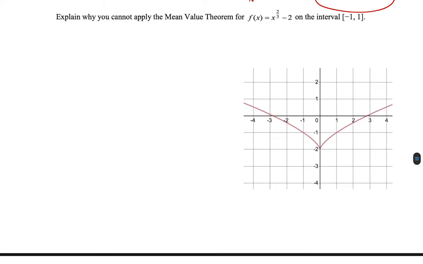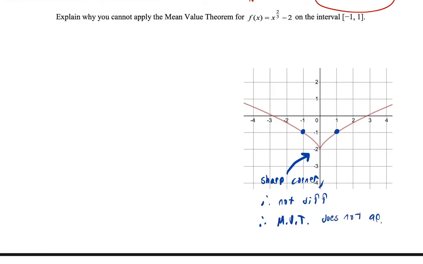Explain why you cannot apply the mean value theorem on f of x equals x to the 2/3 minus 2 on the interval -1 to 1. So if you had this graph, easy. It's got a sharp corner, so it's not differentiable. This function f of x is not differentiable, therefore the mean value theorem does not apply. If it was a graph, that's easy. If it wasn't a graph, the way you would show that you have this hard corner here is to say,